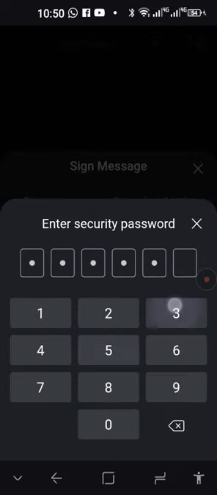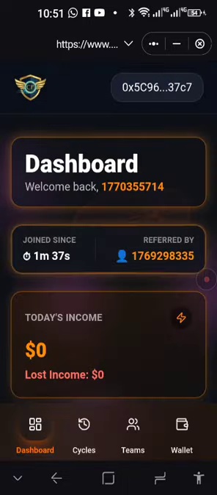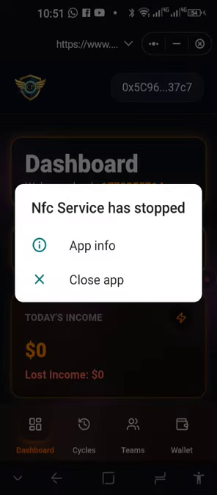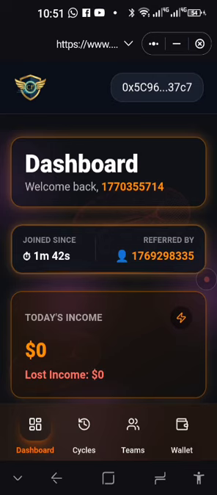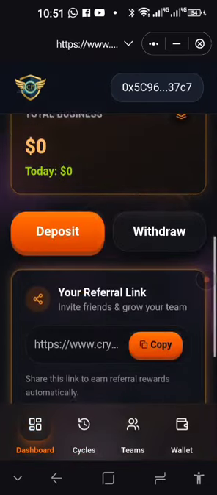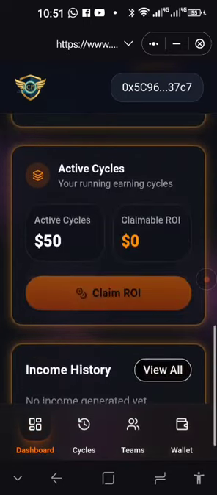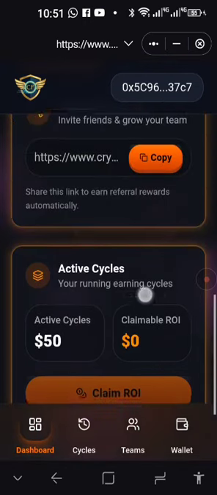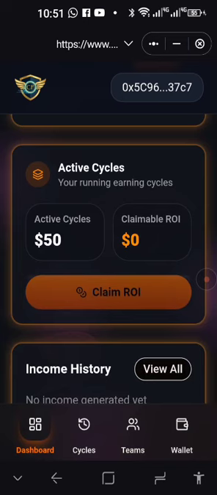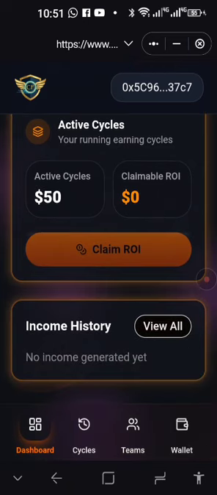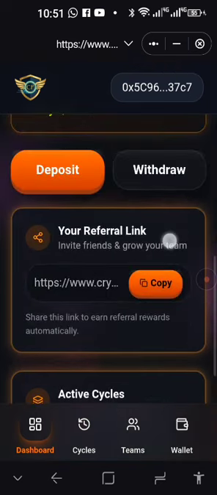You do not pay gas fees when you log in. You're paying gas fees when you claim the return on investment, which is about 5 cents, and when you do a reinvestment, it's about 10 US dollar cents per reinvestment. And there you are in. Here is your referral link if you want to refer other people. Your active deposit is there. Your claimable ROI will show up 24 hours after your first investment. Then it will also appear here when you claim the ROI. This button will light up bright orange like the deposit one.